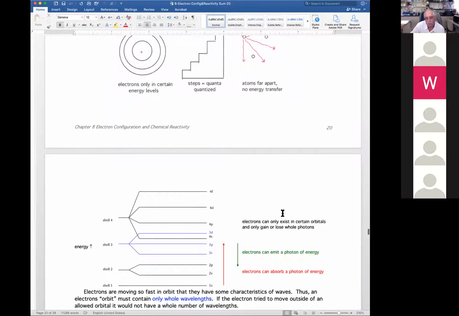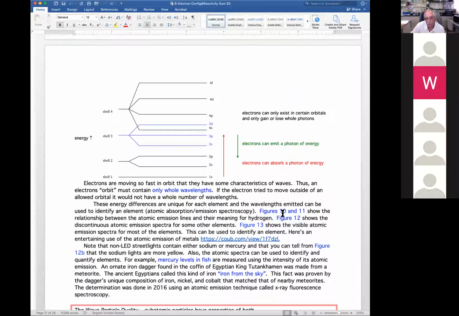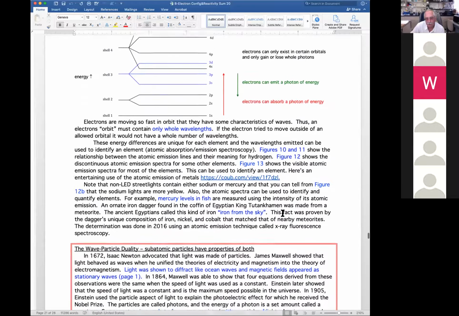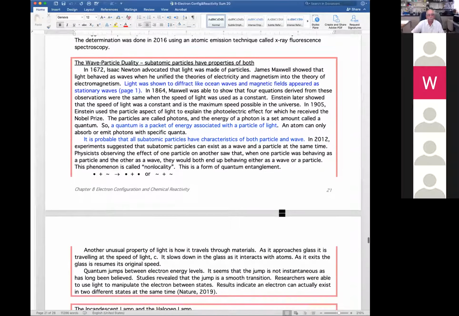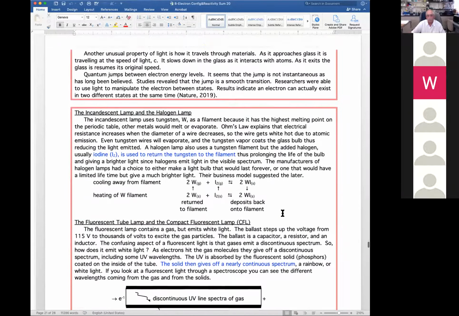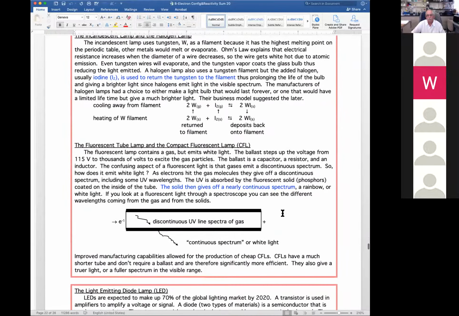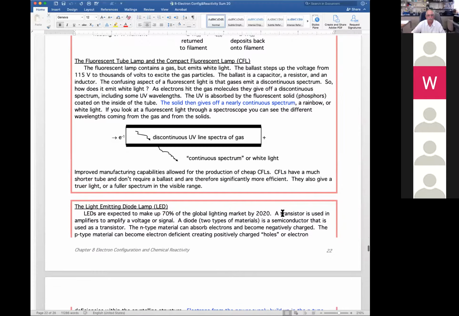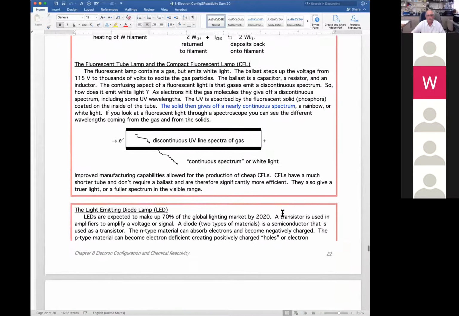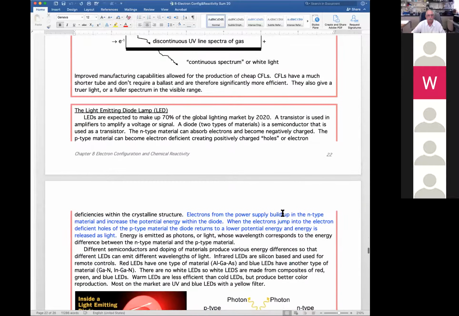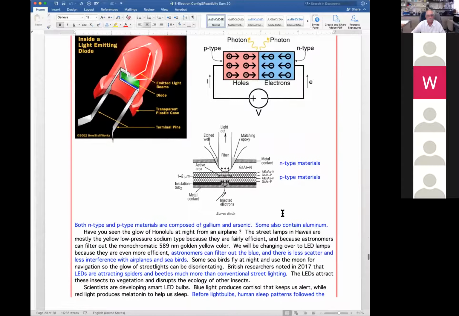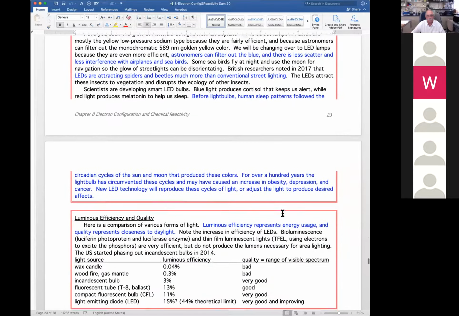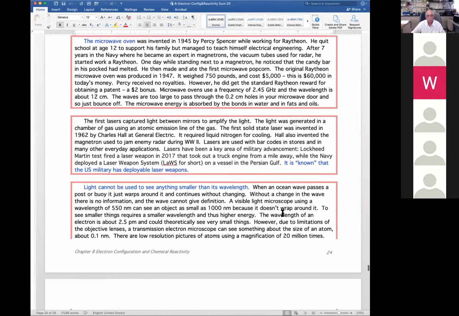So light energy is absorbed and emitted from atoms in a quantized way. But then I went into the different kinds of light: incandescent, fluorescent, LEDs. Now, again, this is all in red boxes, right? So